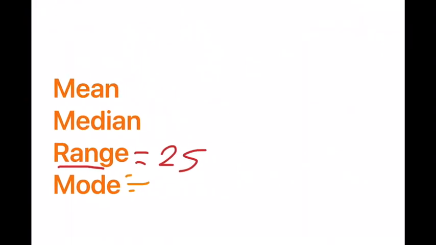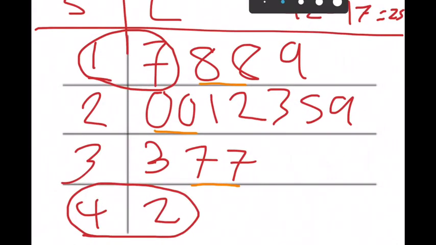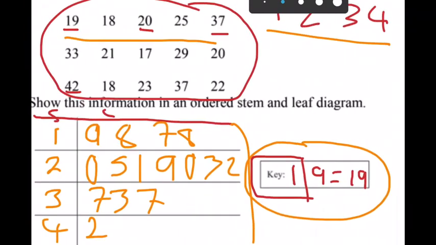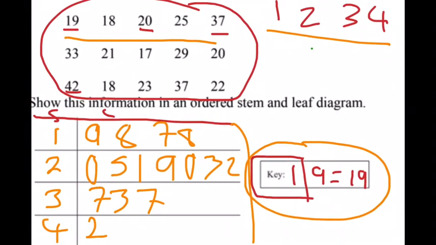For the median, all we have to do is cross out numbers from the bottom and top, and we keep crossing out the numbers until we get our middle number. To find the middle point, which is the median, you want to find the number of data points in the sequence and divide it by 2, and that will be the middle point.